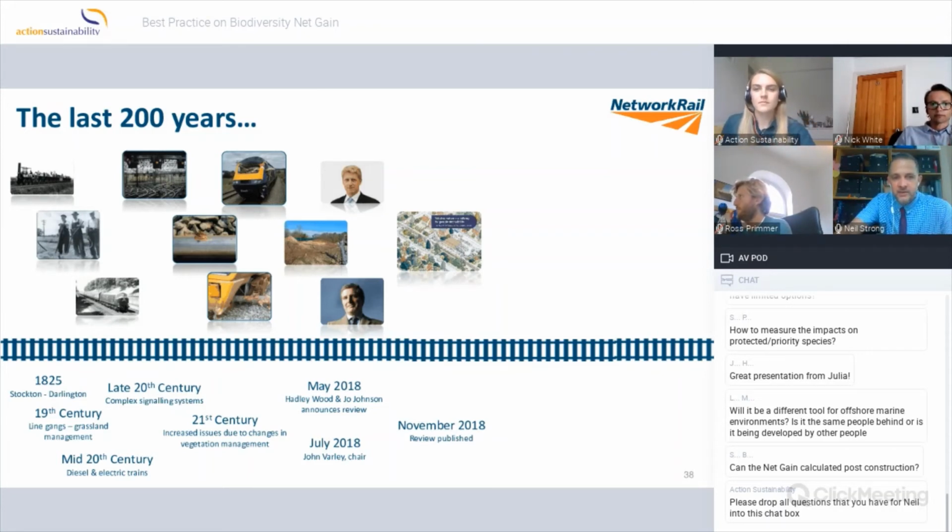But as technology came through the railway, diesel trains, electric trains, the perception was that vegetation management wasn't required as much. And then we move into electric signalling systems. There's less cables using the 7/4 signalling approach. So the vegetation tended to get closer to the railway than it had ever been at any point, especially the large woody vegetation. And what that brought about over the last 20, 30, 40 years is an increase in the number of incidents.